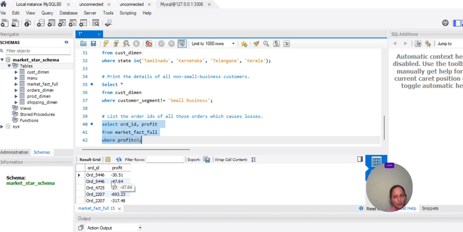Questions may be of different types, so you may use different operators here like greater than, equal to, less than or equal to, greater than or equal to. You can use more and more operators on this table market factful. I personally suggest you please go and use market factful with different kinds of operators.